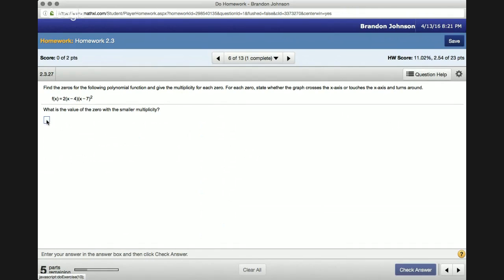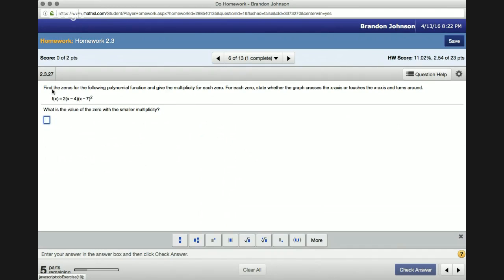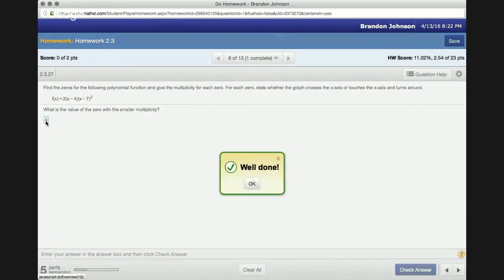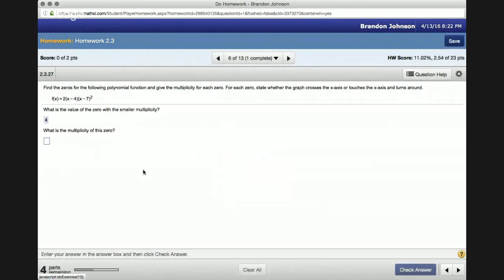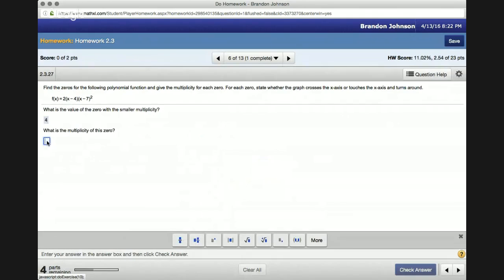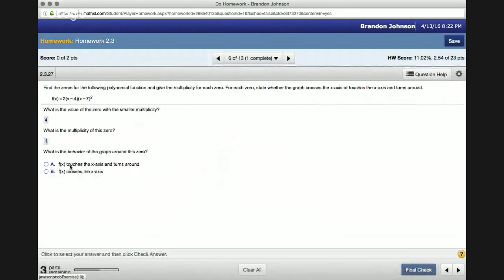So which one has a smaller multiplicity? Well, this one is to the first, multiplicity of 1. It's only one exponent. This one is to the second. So this is a multiplicity of actually 2. So the smaller multiplicity is 4. Okay, get that one down. And let's see if it gets that next one there. And what is the multiplicity of the 0? That would be only 1. Okay, only 1. And as we look at it,